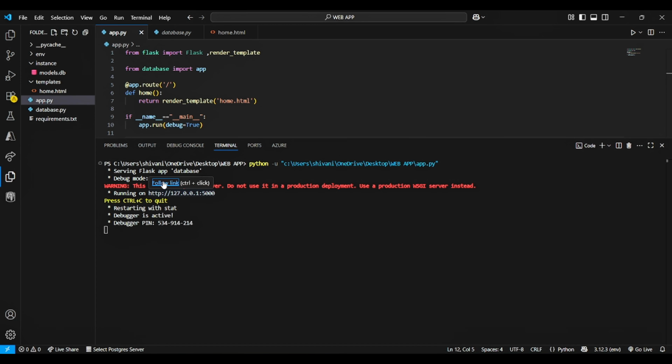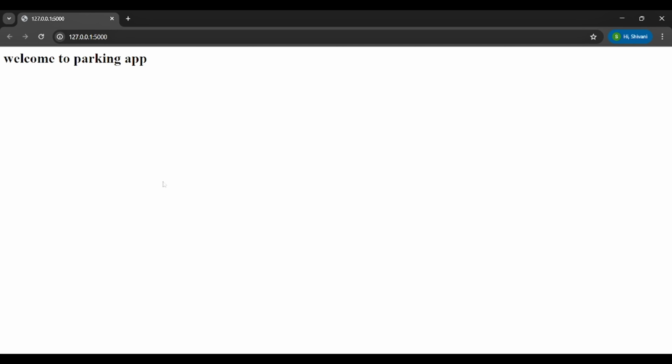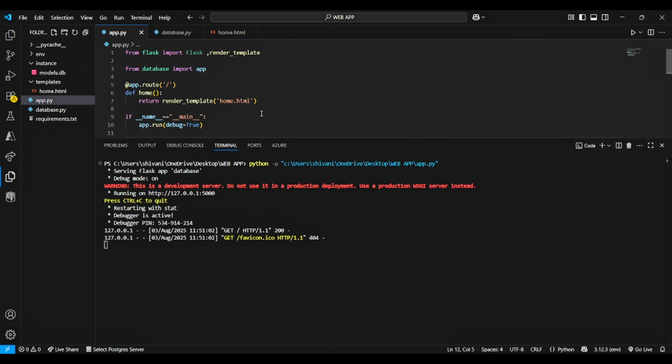As you can see, this opens on localhost and displays welcome to parking app.